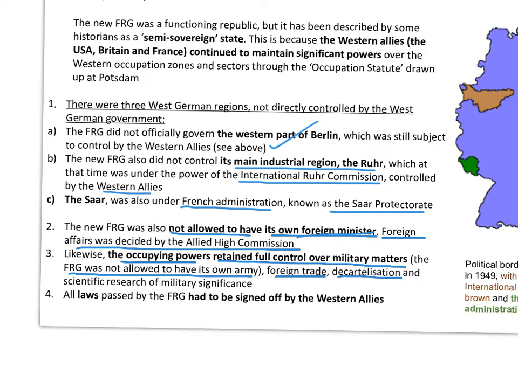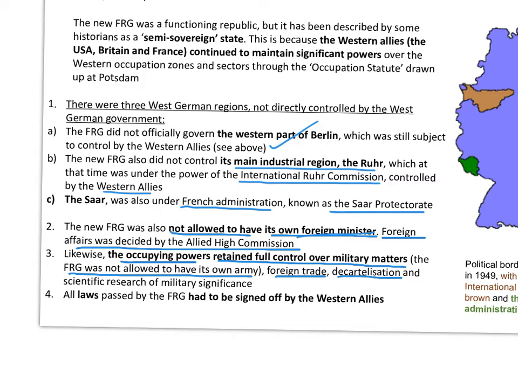So that's why they built in all these safeguards, such as West Germany not being allowed to have its own army, but also the issue of cartels. It was the cartels that, in a sense, put Hitler into power, these big industries that backed Hitler into power. So another feature of West Germany was to break up these big businesses and make them into smaller businesses. That's what we mean by decartelisation.